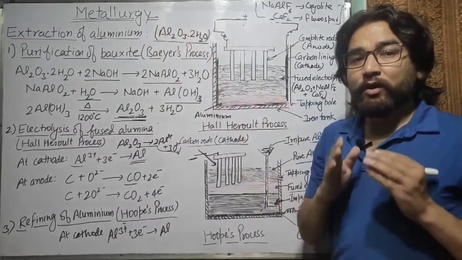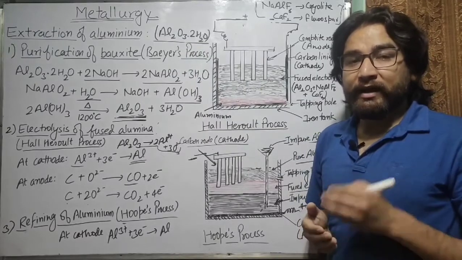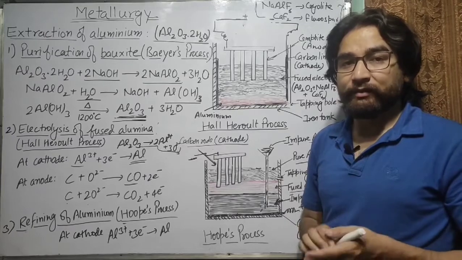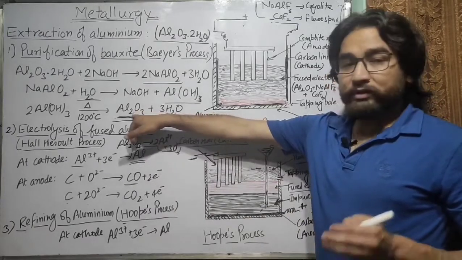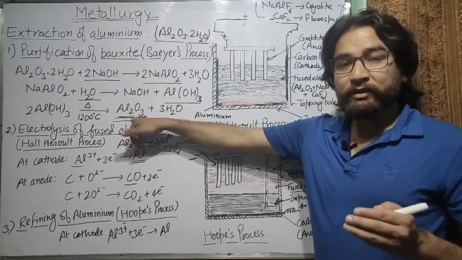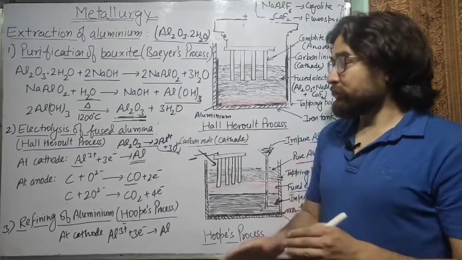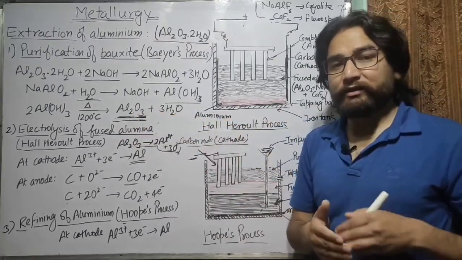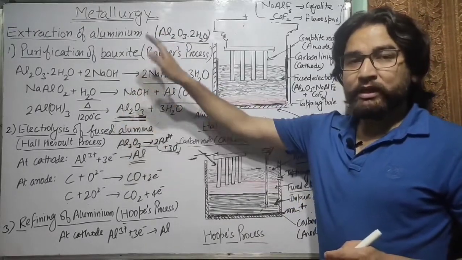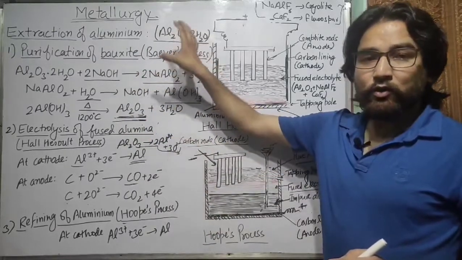So this is all about the extraction of aluminium. So aluminium is extracted in 3 steps. One step can be skipped here, that is the second step, in which the ore is converted into the metal oxide, because I have already told you, here the ore itself is metal oxide, so we don't have to convert this ore into metal oxide. It is already a metal oxide. So these are the 3 steps in which pure aluminium can be obtained from the ore of aluminium.